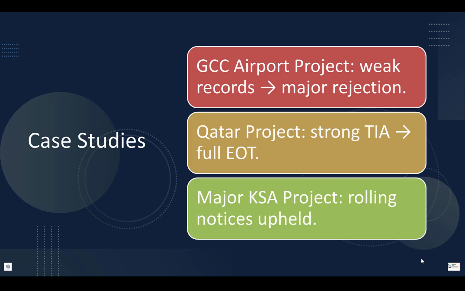Another case, a design build project. This is under the Yellow Book. The engineer delayed design approvals, but the contractor failed to update the program for 3 months. The result: the engineer rejected EOT, the decision maker upheld the rejection, and the contractor was held responsible for the delay. Lesson: an outdated program is a dead claim. Okay, keep that in mind.